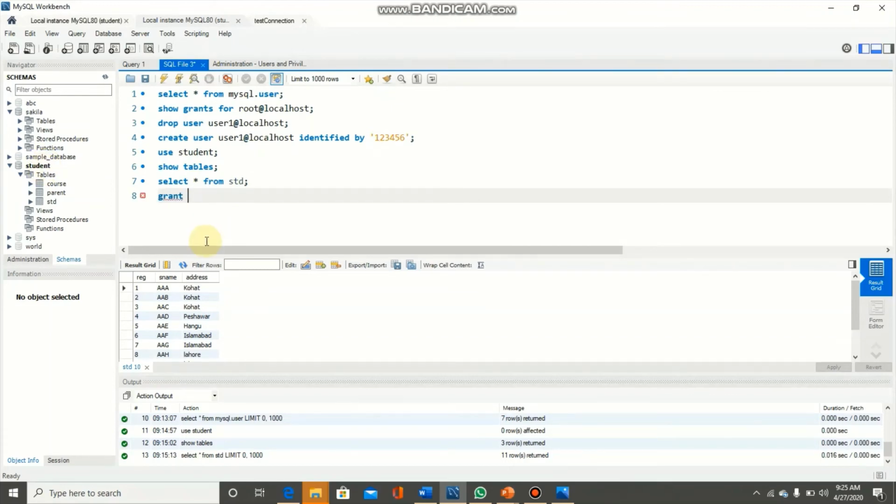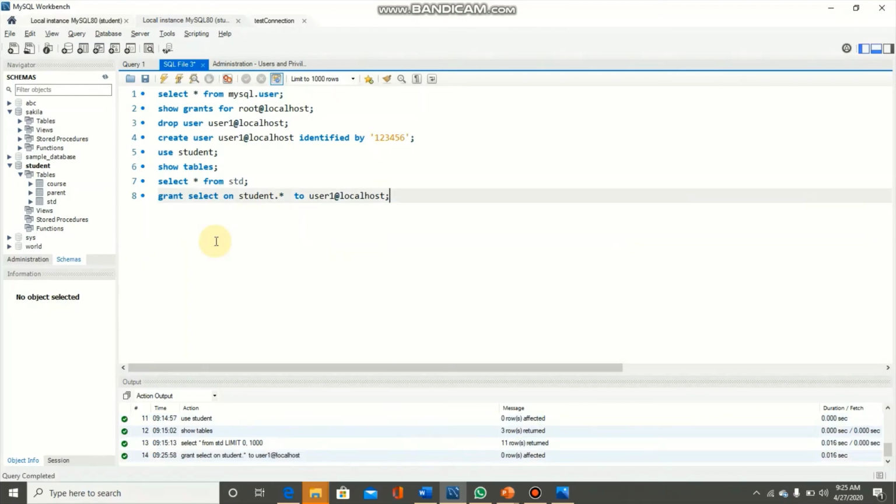So: grant select on, the name of the database is student.*. The star means all the objects lying in student, to user1, this was the name of our user, at localhost. This query has been executed.